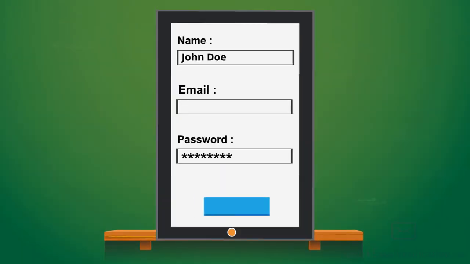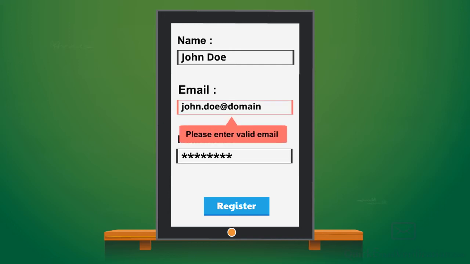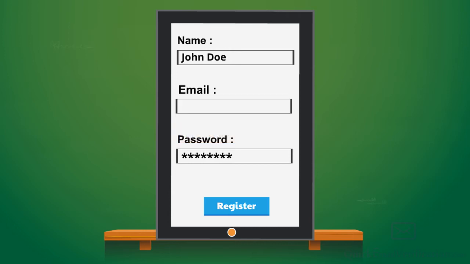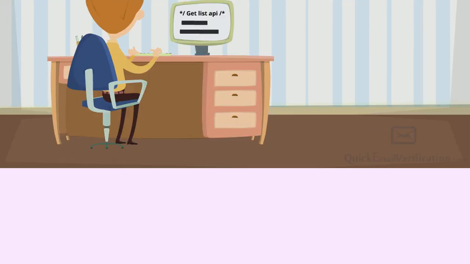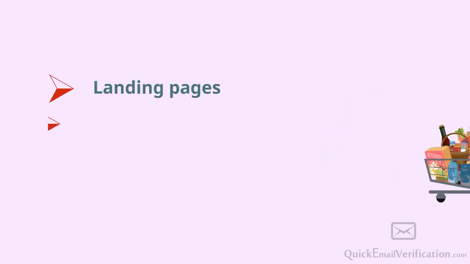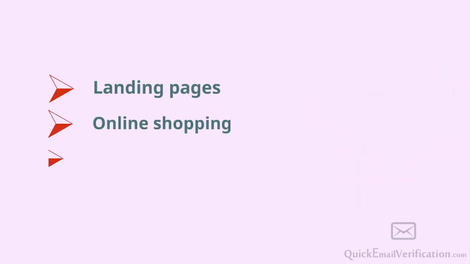If the address is not correct, it alerts the visitor to re-enter the correct address. This helps visitors correct their typos and also prevents fake addresses from entering your database. Developers can easily use the API and get it running. Let's discuss 3 of the many use cases to understand how an email verification API can positively impact your marketing